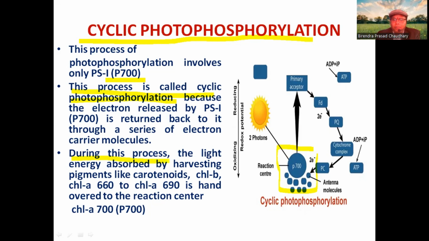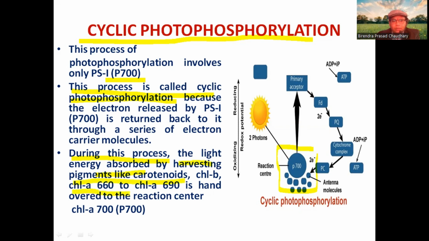Our main question is how cyclic photophosphorylation takes place. We should know this, as it is the main matter: what is the main mechanism of cyclic photophosphorylation? During this process, the light energy is absorbed by harvesting pigments